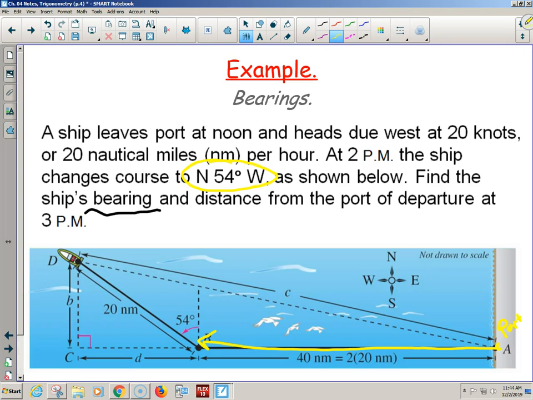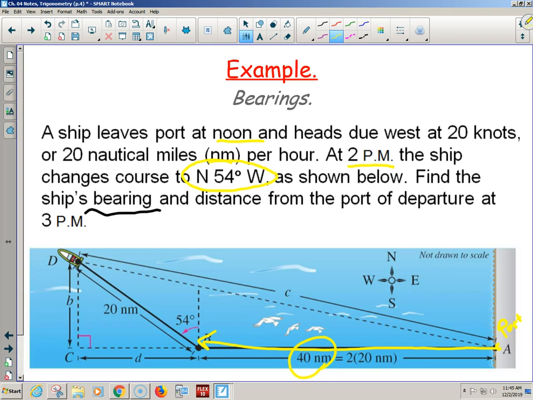At 20 knots, or 20 nautical miles per hour. At 2 p.m., wait a minute, how long was he traveling for? 2 hours, and it's 20 nautical miles per hour. So how many miles? How'd they get this 40? Yeah, there you go. Okay, cool. So they filled in this 40 from multiplying by 2. At 2 p.m., the ship changes course to,